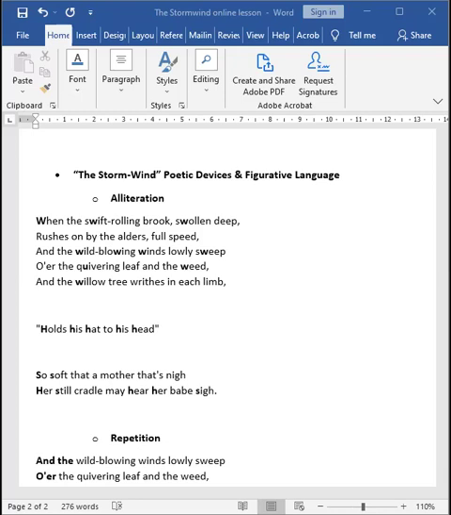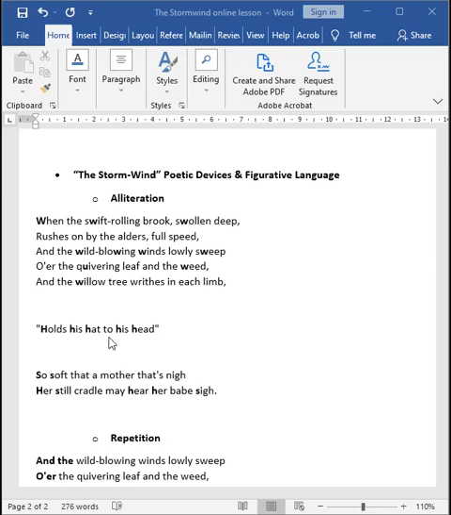Therefore, even though the sounds that appear in the final stanza might appear to be the same, the effect is quite different. The H sound, the W sound, the S alliteration, or the sibilants of the poem's final lines, they convey the peace and gentleness of the wind. Previously, they were conveying the rushing and the violence of the wind, but over here, they're conveying the peace and gentleness of the wind within the speaker's house.